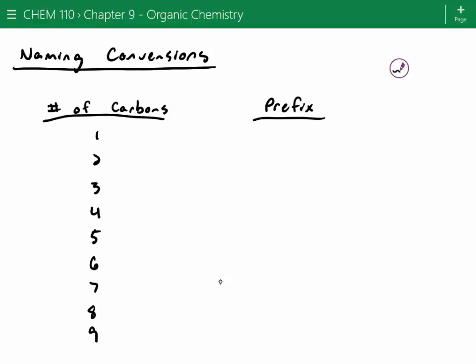What do we call it if it's 1 carbon with 4 hydrogens? It's a hydrocarbon. It's something we use to heat our house. What was it? Somebody said it. It was methane, right? So with 1 carbon, we always start with the prefix meth. Yeah, which is where the name methamphetamine comes from. It has a methyl group coming off of it.